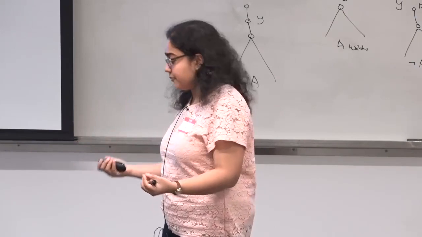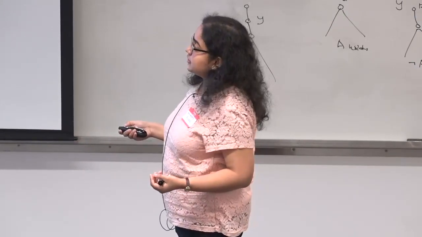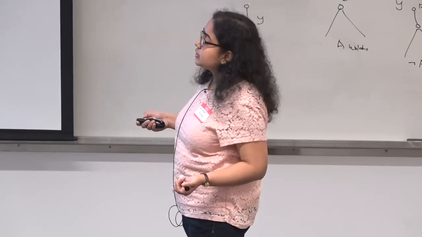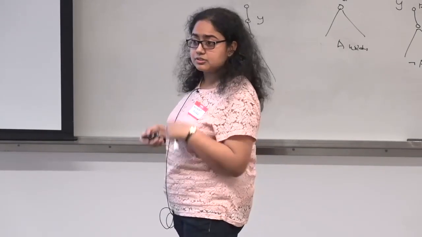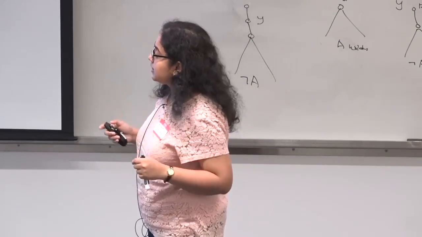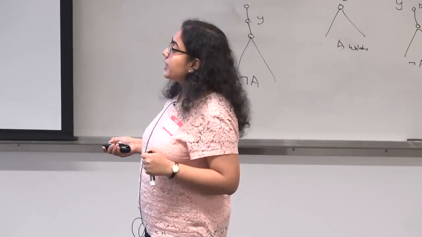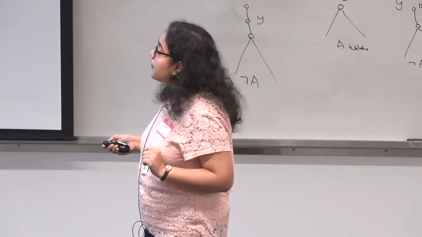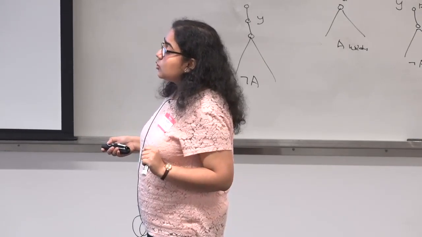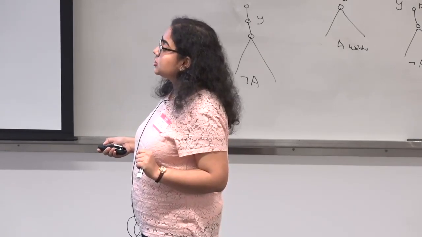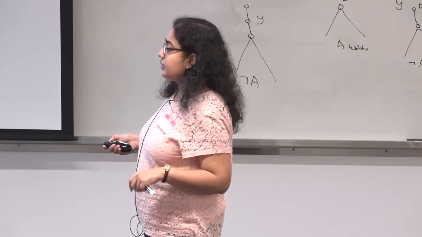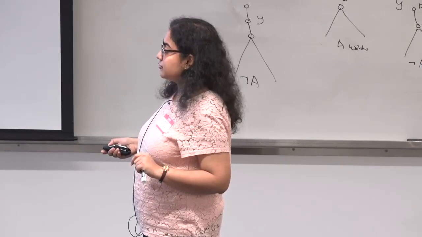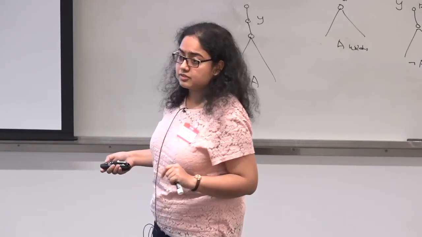By whom, we don't know. So x_i is selected from T1 and y_i from T2 in round i. We also deliberately set the 0th round pairs to be the roots because the roots are special, so we want to keep that in mind. And here are the conditions for duplicator to win the game. Throughout the game, for all i, j between 0 and k, duplicator has to maintain the equality condition, which means that if x_i and x_j coincide, then y_i and y_j must coincide and vice versa. And also the parent-child relationship, which means that if x_i is the parent of x_j, then y_i must be the parent of y_j and vice versa.